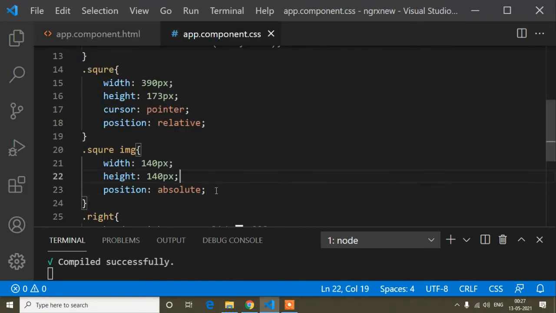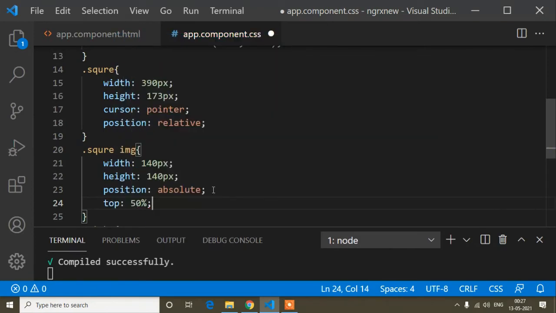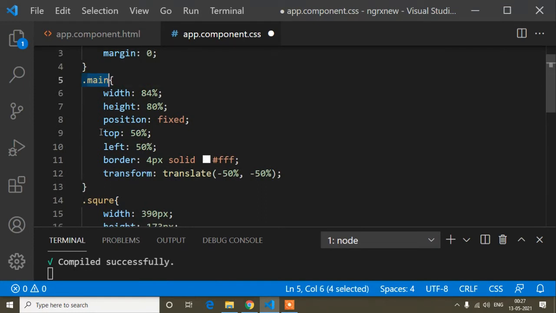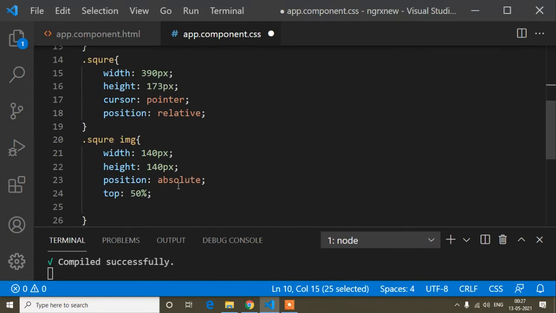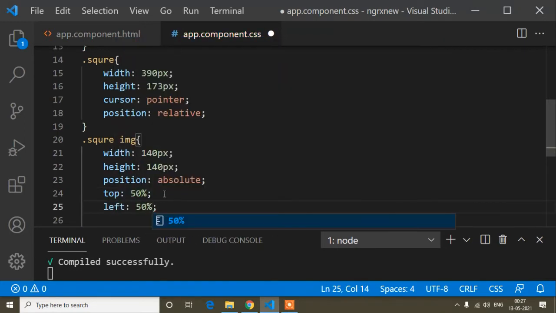So now to bring it in the middle, the same way, top 50%. I had told you before when I was writing the CSS of this main class, top and left 50%. So here the same way, top 50% and left is 50%.